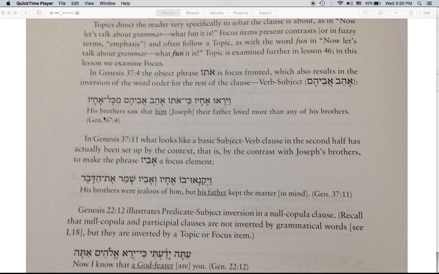So let's look at Genesis 37 verse 4. Vayir'u echav ki oto ahav avihem mekol echav. His brothers saw that him,